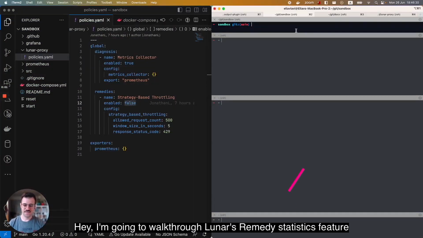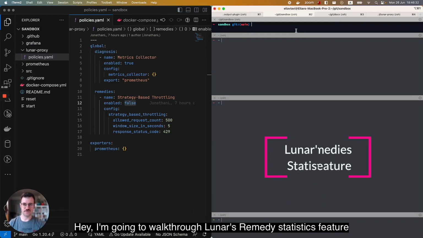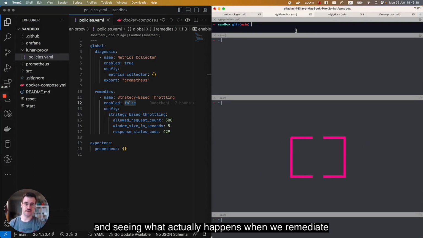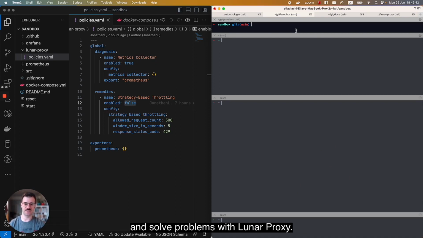Hey, I'm going to walk through Lunar's remedy statistics feature and show you how it can be beneficial for your work, and see what actually happens when we remediate and solve problems with Lunar Proxy. To do that, I'm going to spin up Lunar's sandbox, which is a very easy way to get some data